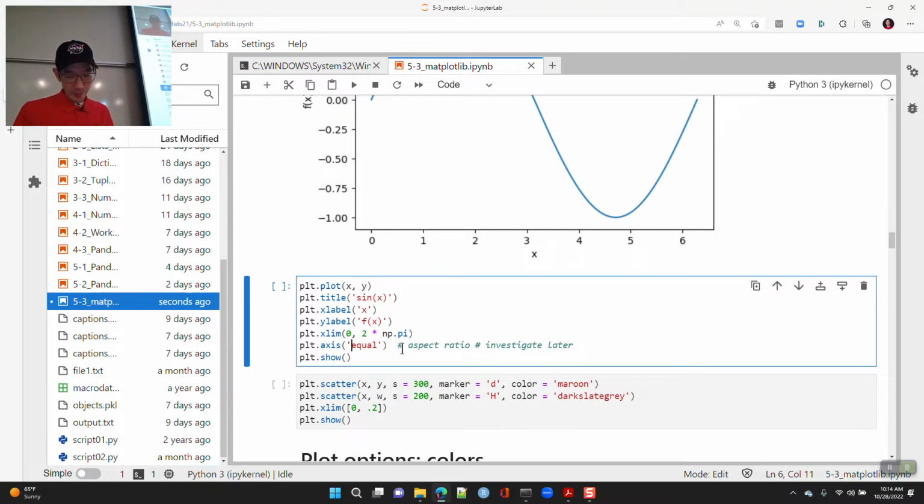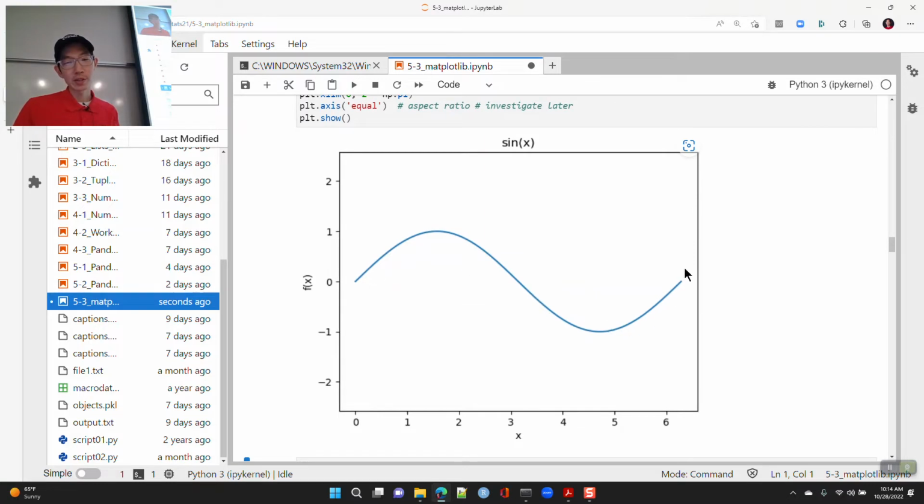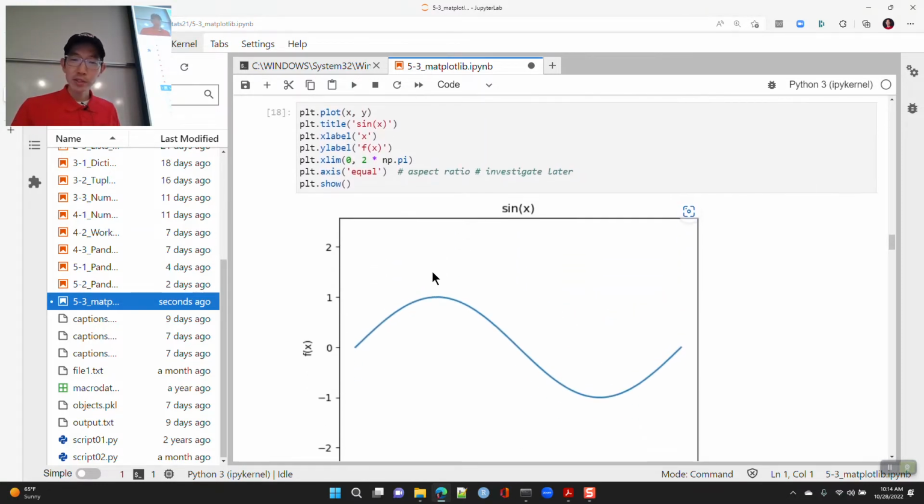So if you don't specify axis equal, you could create a plot of what's supposed to look like a circle, x squared plus y squared equals 1 or something like that, or you have to turn it into, I guess, y equals the square root of 1 minus x quantity squared or something like that. Okay, and you get the top half of the circle. If you don't specify axis equal, it's not going to look like a circle. Okay, but here with axis equal, then this is the true aspect ratio.